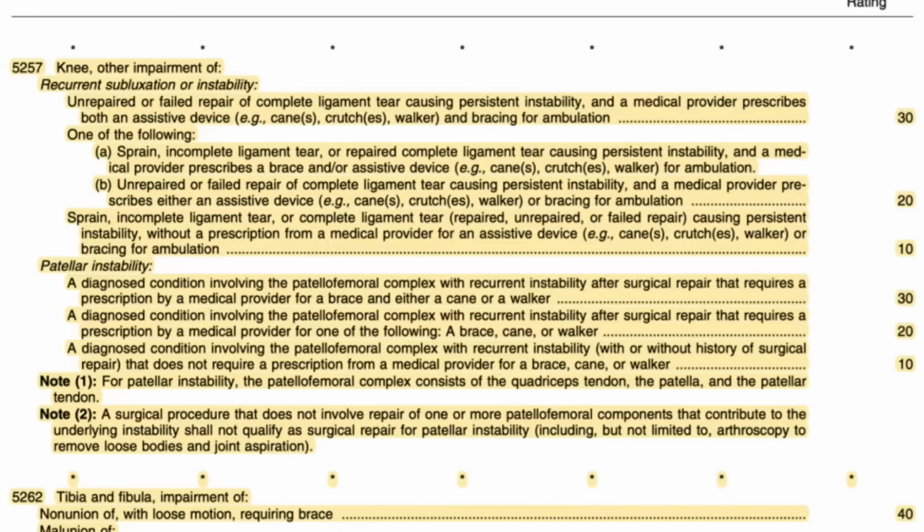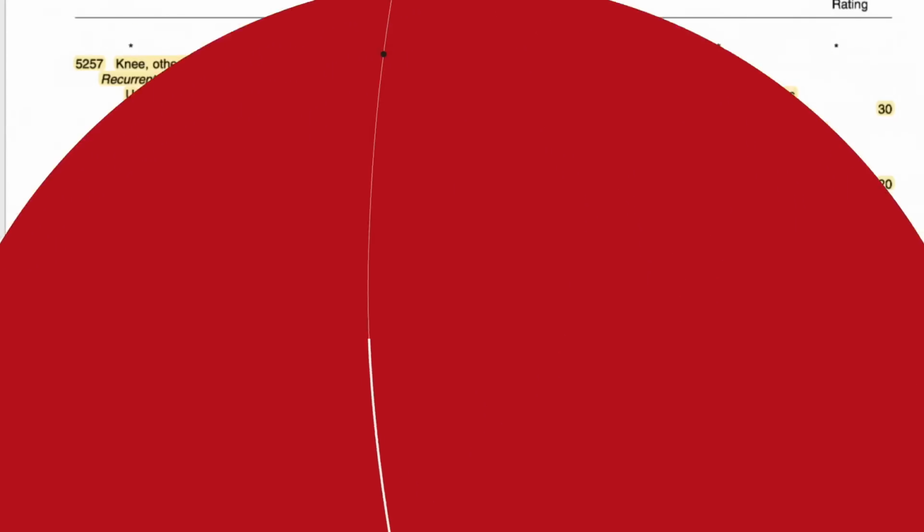You could still get a rating for instability. So they made it kind of complicated, but overall, from a doctor's perspective, this is actually pretty well done. I thought the old way of rating it was probably giving a little too much rating. This is kind of like modern medicine here. So moving into